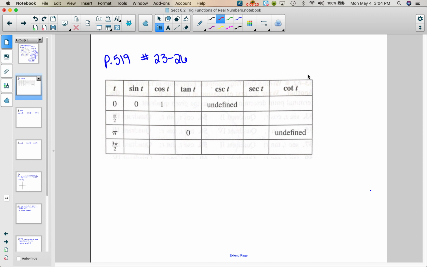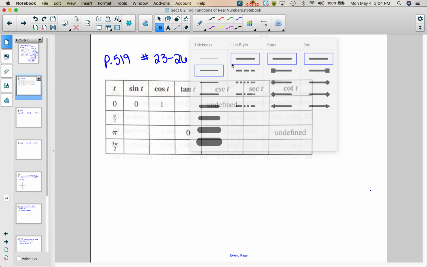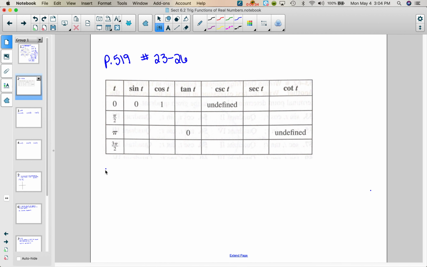All right, this is a chart that is on page 519 in your textbook. These are called quadrantal angles. Switch back to blue here, it's easier to see, I think. These right here are called quadrantal angles because they are the ones that are on the quadrants. So, for example, if you have your unit circle,